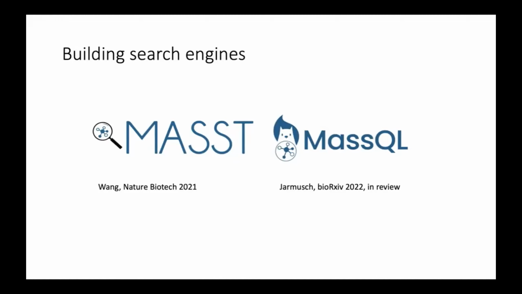And so now you can build search engines. The first search engine that we built was MASST. It may sound familiar, it sounds like BLAST, and that's because it serves a very similar purpose. When you go to NCBI, you do a BLAST. In BLAST, you can paste a protein sequence, an RNA sequence, or a DNA sequence, and you can find all the other data sets that have been deposited in the public domain that have that same sequence or analogs of it, in other words, mutations and splice forms. So you do it based on sequence alignment.